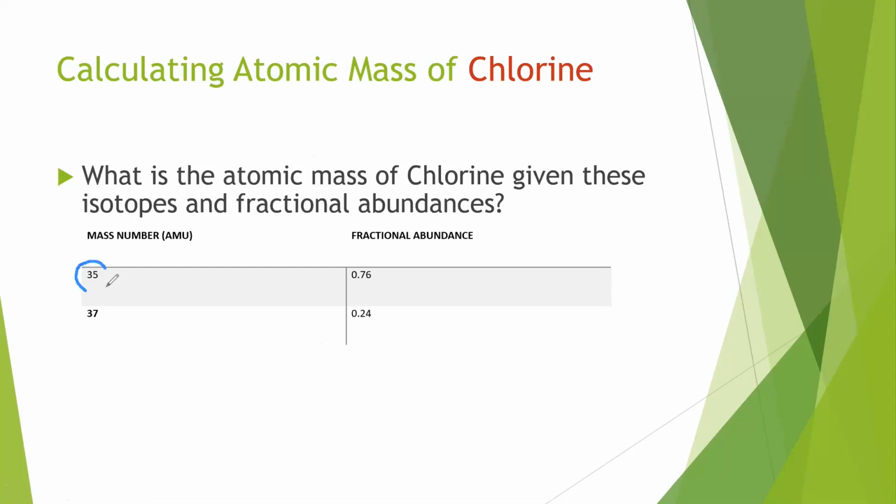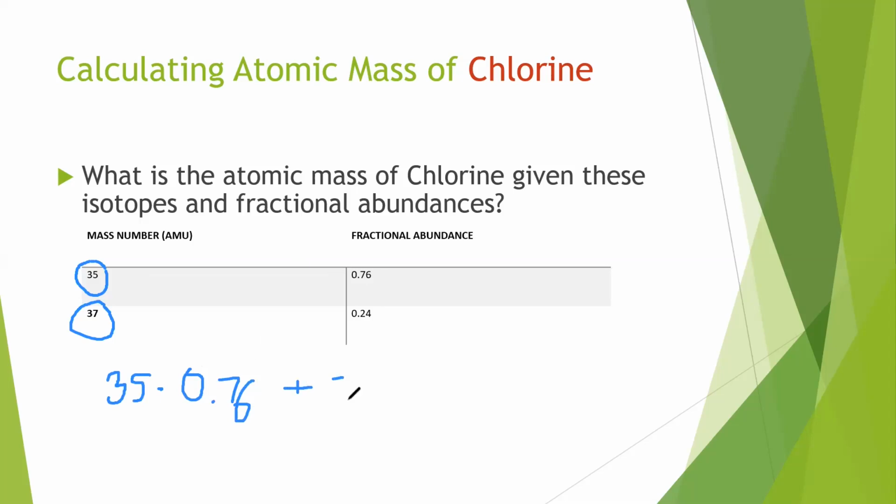There's one that weighs 35 and one that weighs 37. And we want to find the atomic mass given these isotopes and fractional abundances. So how to do this? We basically do the sum of the mass times the fractional abundance. It's a weighted average. So what we do is 35 times 0.76